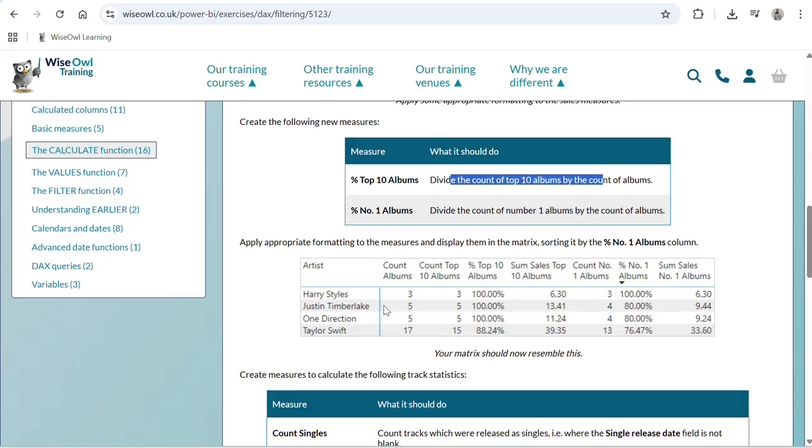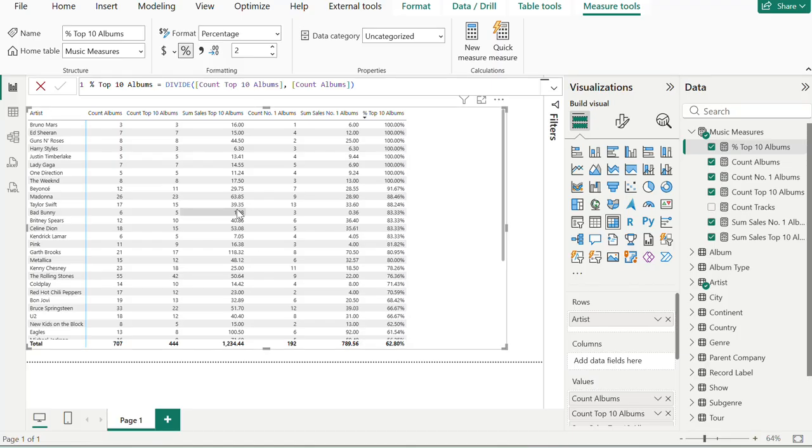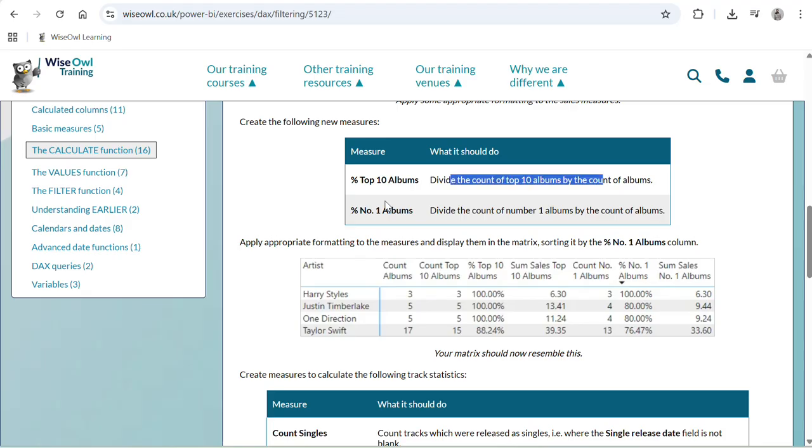So like Harry Styles, Justin Timberlake, Taylor Swift, if Taylor Swift's number matches with 88.24%, then we are okay. Taylor Swift 88.24, yes, so we are accurate on this. And now we will be taking one more